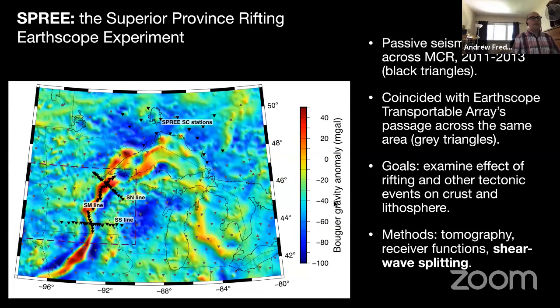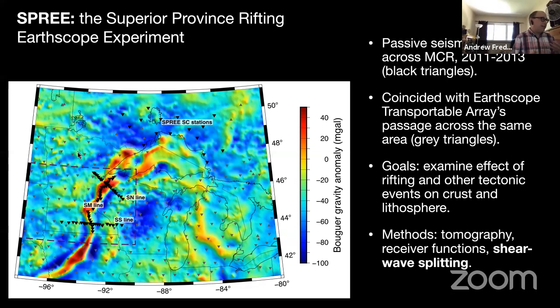So from 2011 to 2013, a project was put underway called the Superior Province Rifting EarthScope Experiment, or SPREE, because these kinds of field projects always seem to have an acronym. And this was carefully timed to coincide with the passage of the EarthScope Transportable Array through this region. So on this map, the gray triangles are the Transportable Array stations for the most part. There's a few other stations in there, particularly in Canada. And then the SPREE project is shown as black arrows,